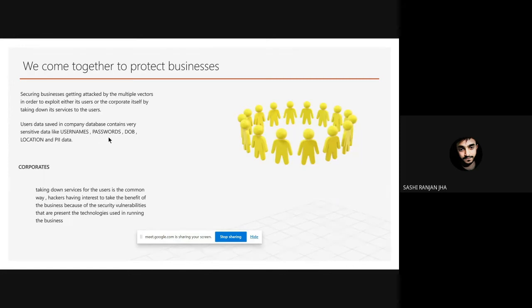I don't think many people change their usernames and passwords regularly and for every different account. So for many accounts, people use the same usernames or passwords, and this data can sometimes be used to recover passwords as well. So this is sensitive data that corporates store with themselves, and it should not get into the hands of hackers.